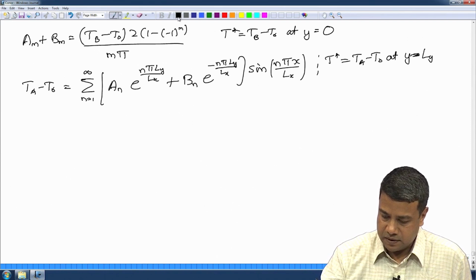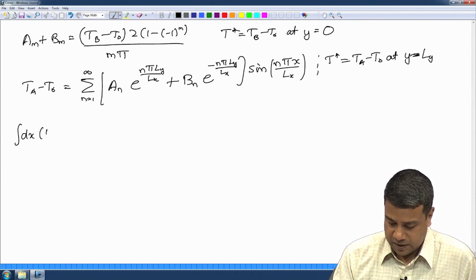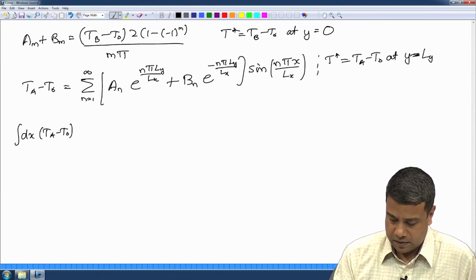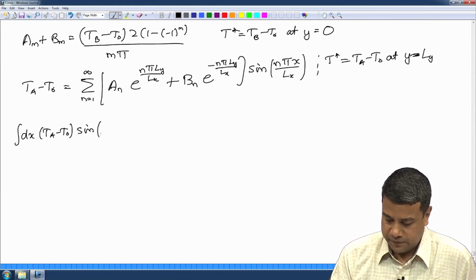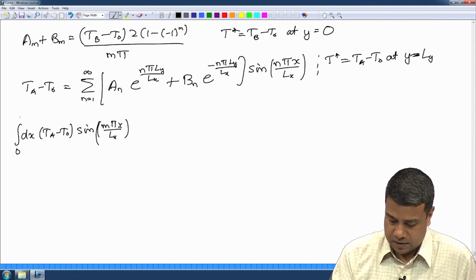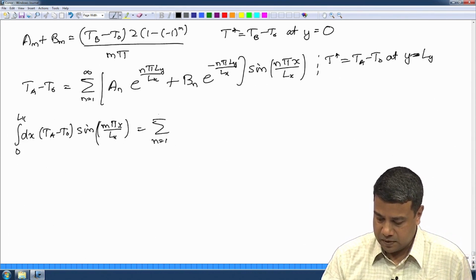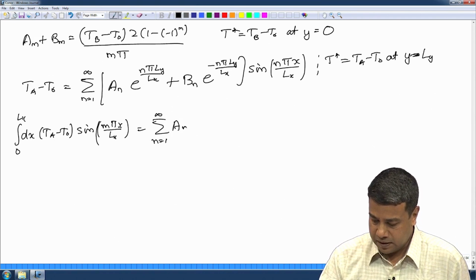So, once again I have to use the orthogonality relations, integral dx Ta minus T naught sin m pi x by Lx, 0 to Lx, is equal to summation n is equal to 1 to infinity An e power n pi Ly by Lx